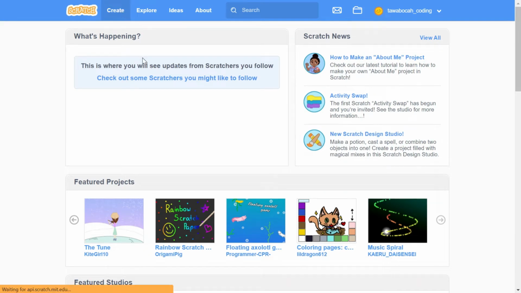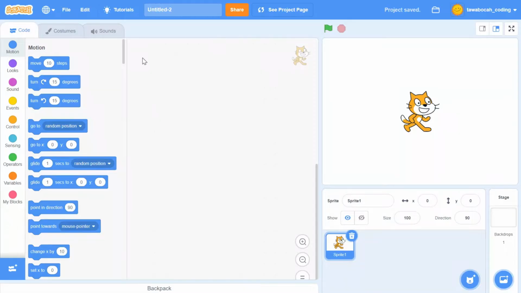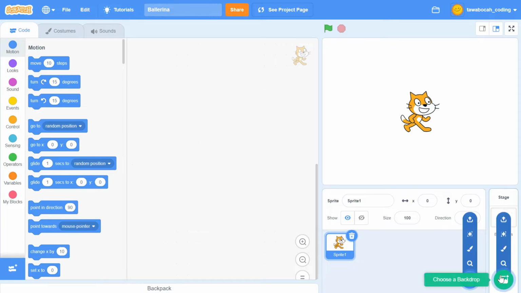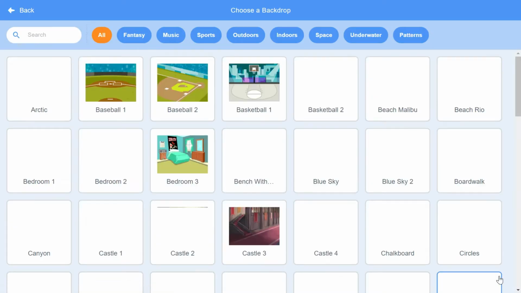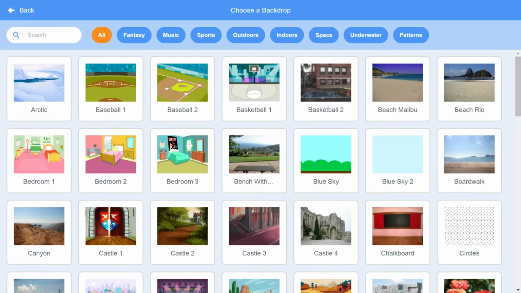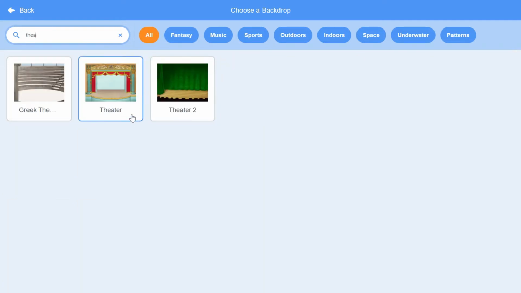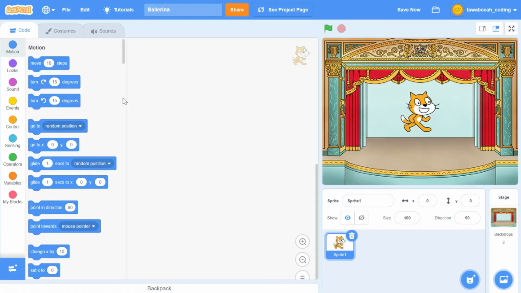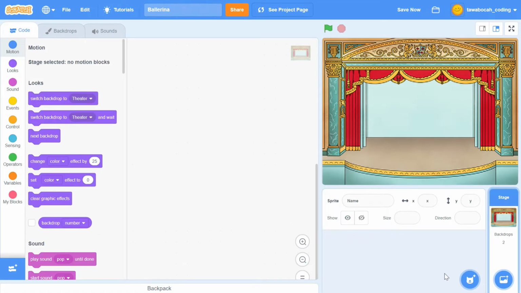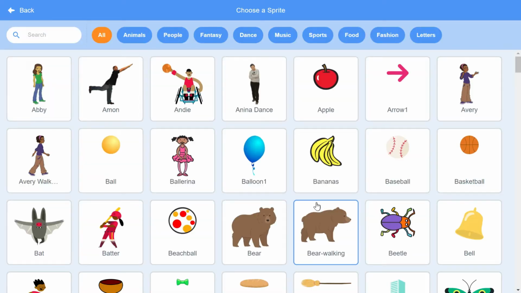Let's start. Create a new project and name it Ballerina. Use a backdrop with the name Theater. Then make 3 ballerina sprites.